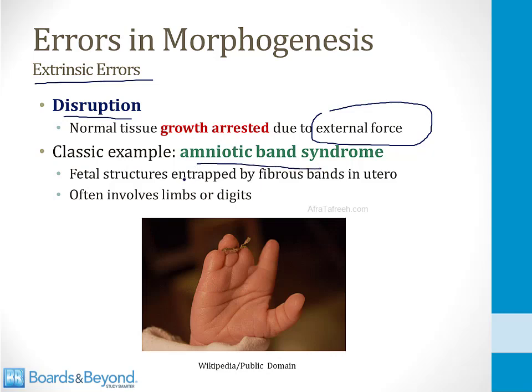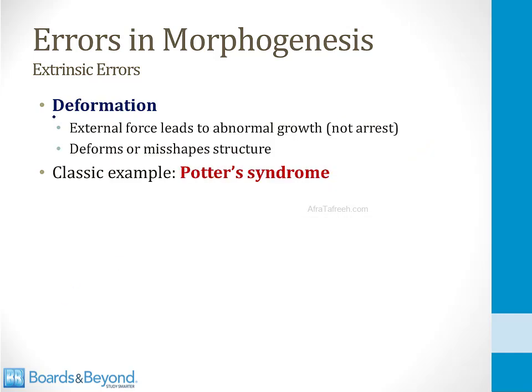This is a syndrome where fetal structures are entrapped by fibrous bands in the womb. It often involves the limbs or digits, and the baby is born with short fingers or toes. This is a picture of an example of disruption shown on the screen here. In contrast, a deformation occurs when an external force leads to abnormal growth in the fetus but not growth arrest. This leads to a structure that is deformed or misshapen, and the classic example of a deformation error in morphogenesis